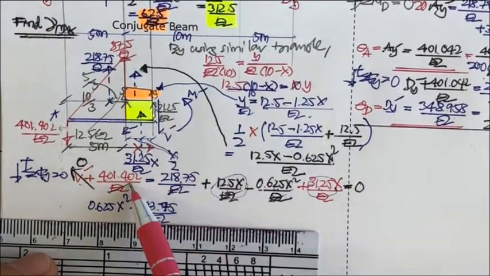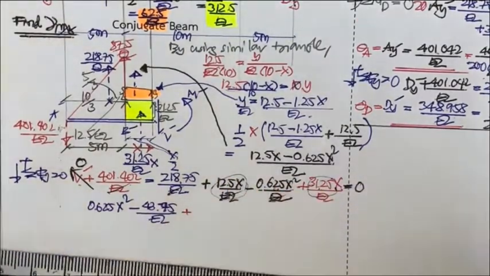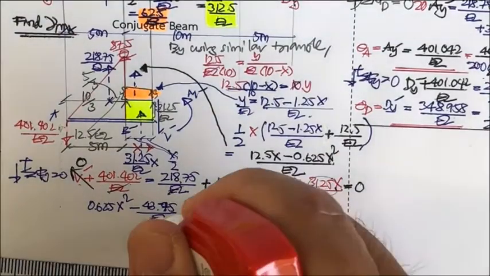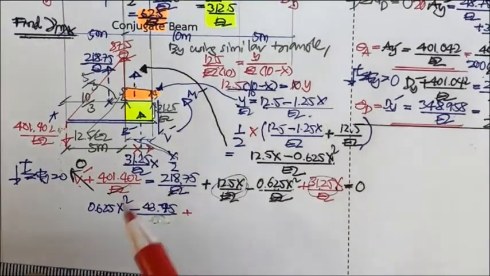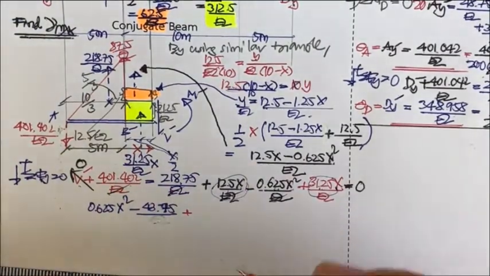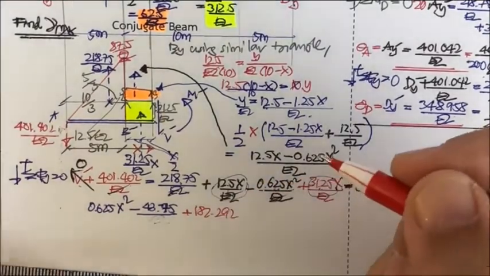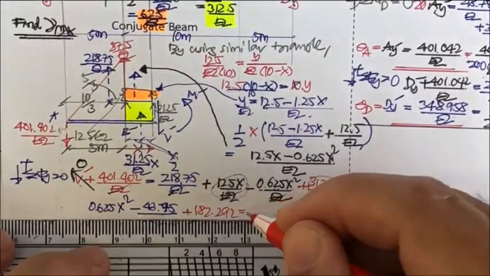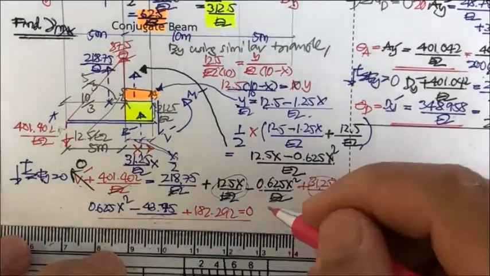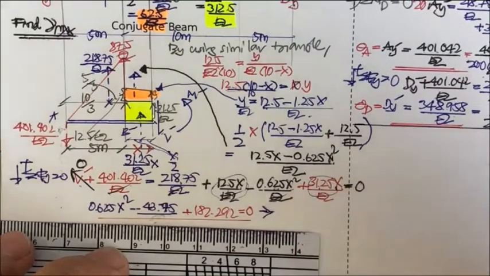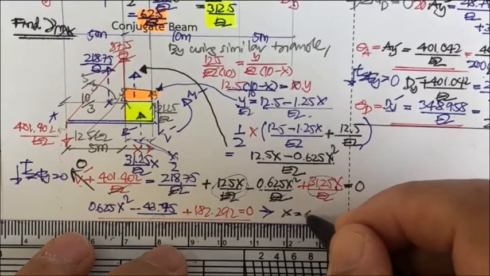So and then take this one to minus, this is going to be plus. Oh, sorry, EI. We already cut EI. We don't have the EI. This is 401.402 minus this, that is plus 182.292, and this is going to be equal to 0. Now you must solve this equation, and if you solve it carefully, you may get the x equal to